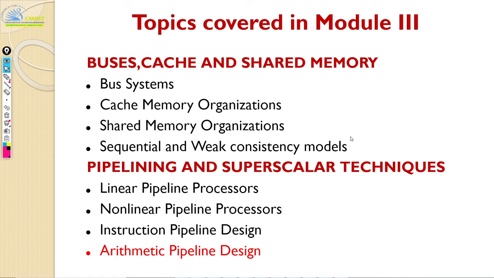Arithmetic pipeline, as the name suggests, has to do with the actual ALU itself. ALU is just one portion of your CPU, correct? So previously we were seeing the entire CPU as a whole, as a pipeline, but the arithmetic pipeline focuses just on the execution stage. We saw earlier that the execute stage could be three or four stages by itself, so there are sub stages in the execute stage. Now we will see why that is the case, and explore more into that.